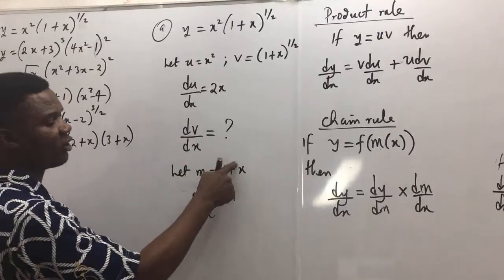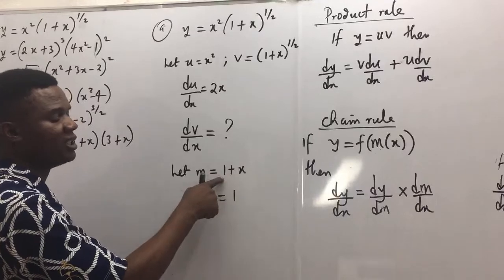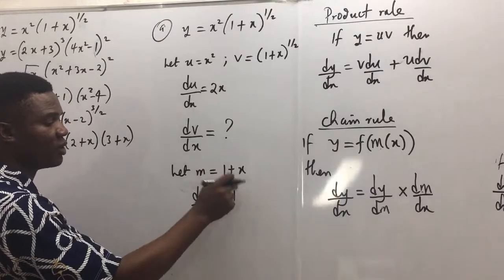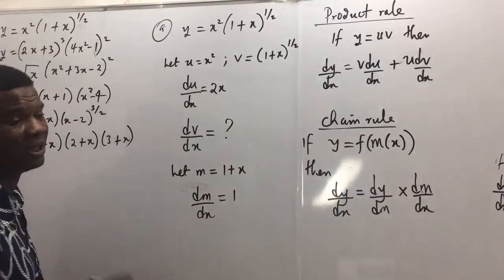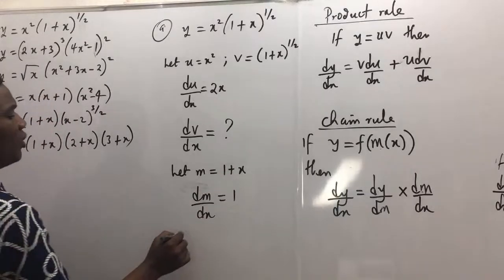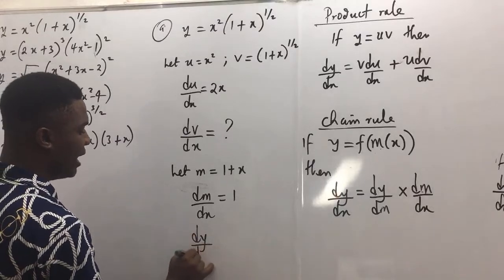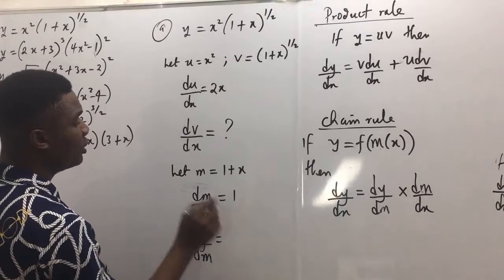And what is the coefficient of this linear variable? It is 1. This is a constant, so differentiating it gives 0. Differentiating this linear variable gives you the coefficient, which is 1. So I've gotten dm/dx. Now, what is dv/dm? Dv/dm would be equal to, take note,